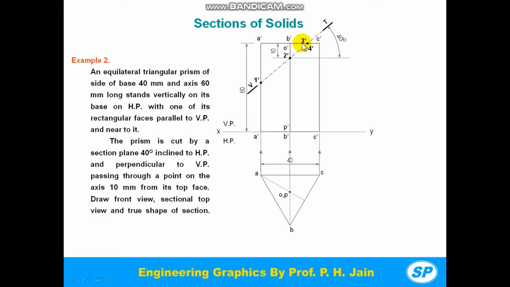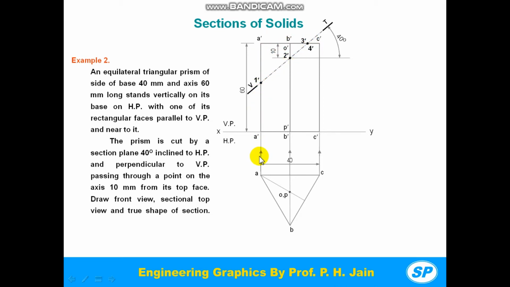These are on the visible edges. Means see, observer is from this direction. So visible edges are this 1 dash longer edge is visible, b dash longer edge is visible, then the top face BC side is visible from front side, but AC side is not visible from front side. This is the hidden edge. So 4 dash point section point is on the hidden edge of the top face. So these are the section points.